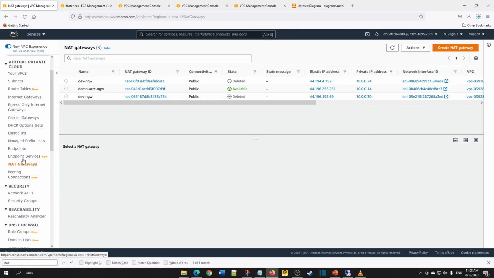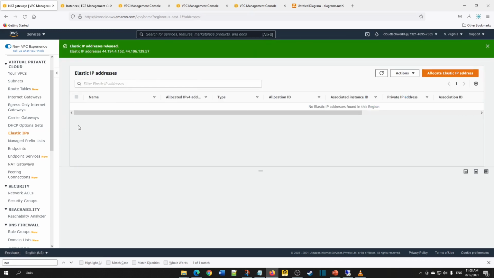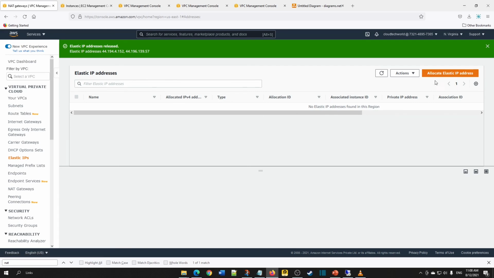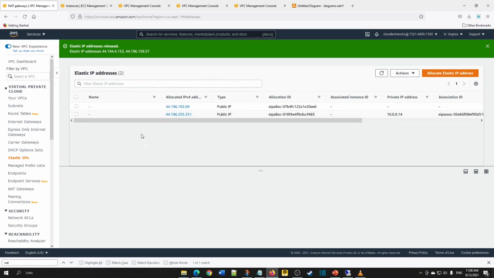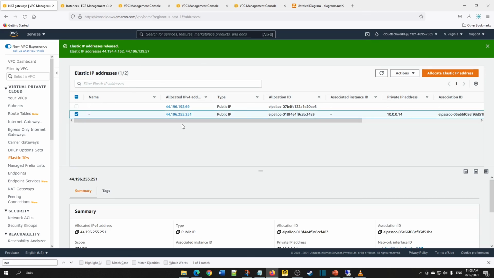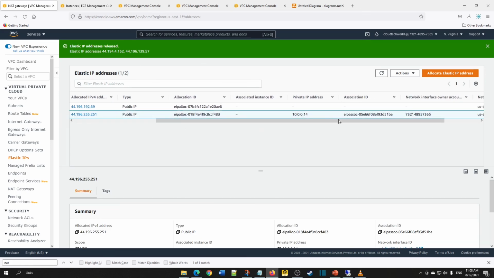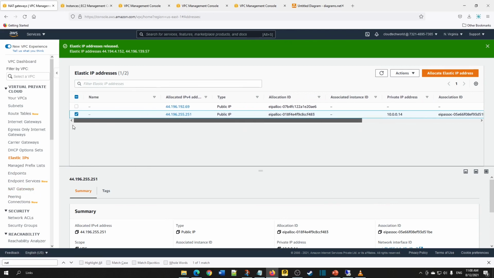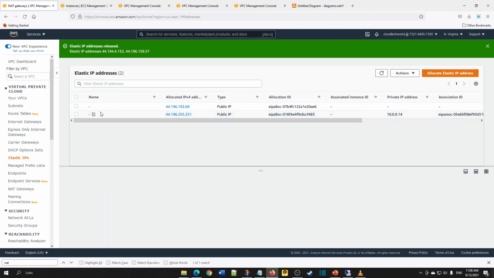Go to the elastic IP section and delete the NAT gateway after you are done testing. Once you delete the NAT gateway, no elastic IP should be left unassociated, or if you don't want them, make sure you delete all the elastic IPs.